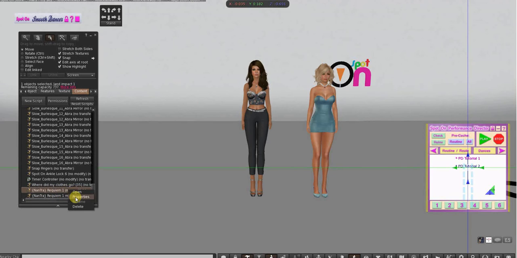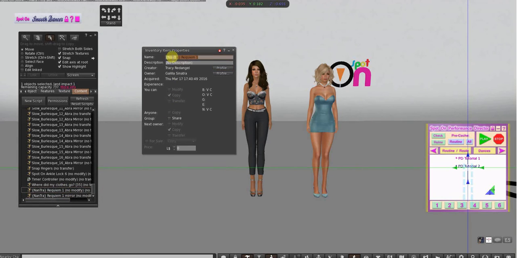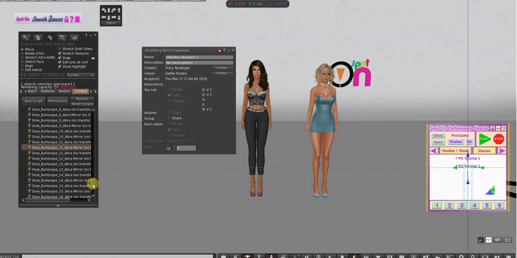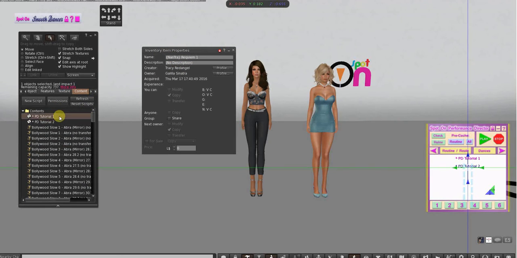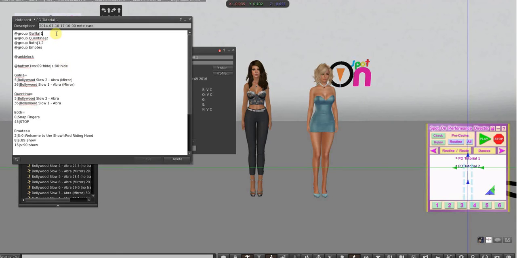So let's get the properties of this, copy, and I'm going to make this be mine, and then I'm going to make Quintina be the mirror. So all you do is up at the group, and you can do a group. I can make us both do the same thing if I had this here. But I want us to do mirrored copies, so what I'm going to do is add that, and her,